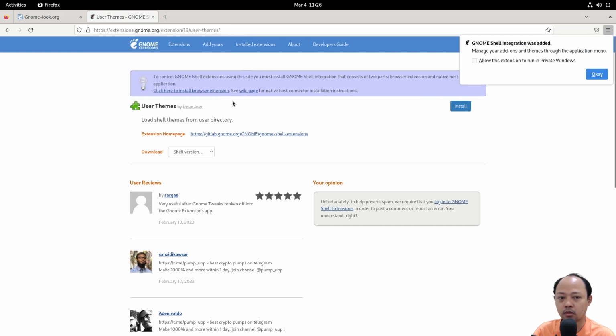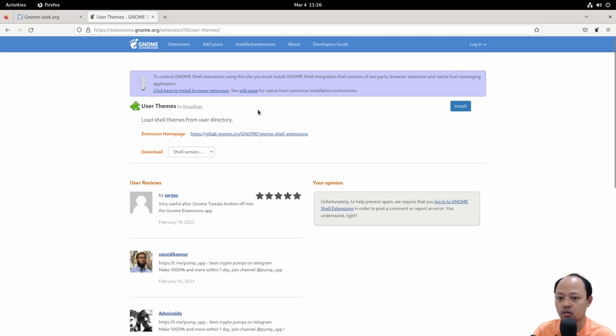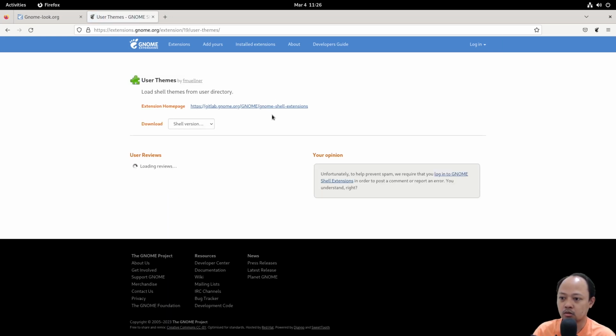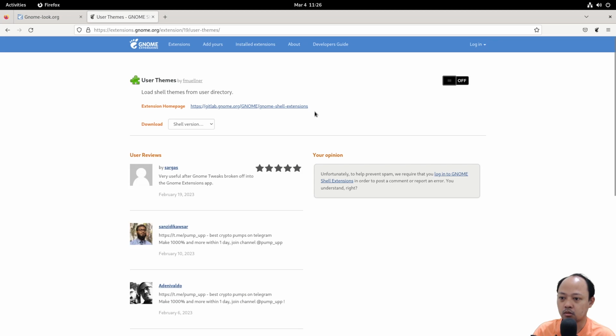Okay, add, so it will manage the GNOME extensions from our browser. Okay, and then I will refresh first. Okay, so right now we can install this extension from here.